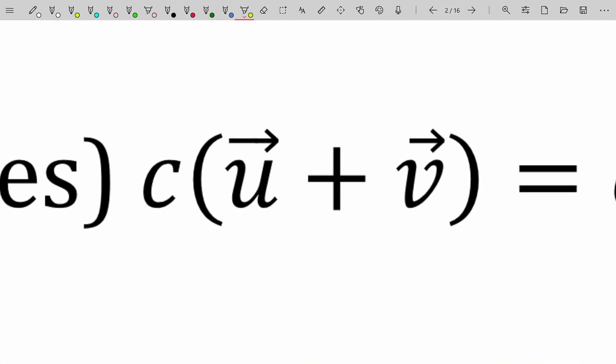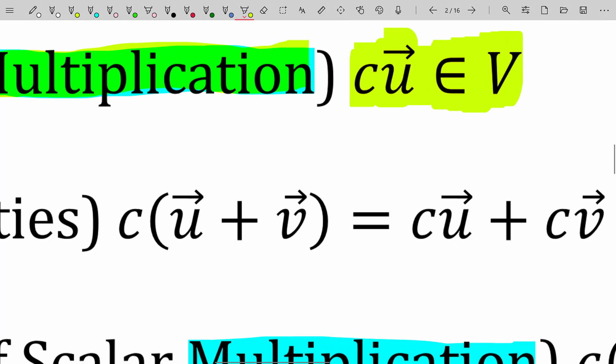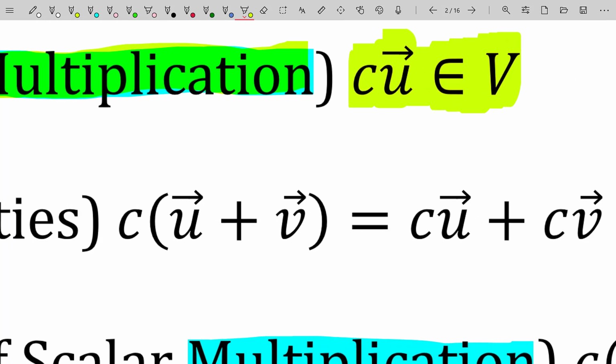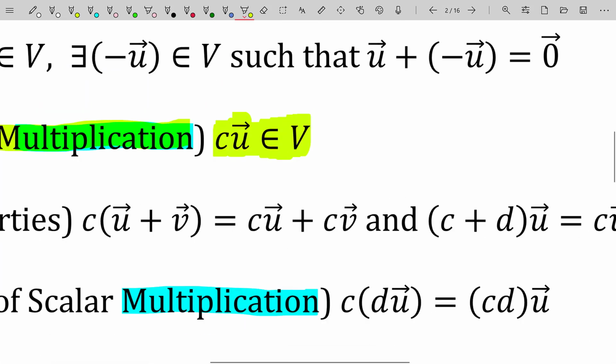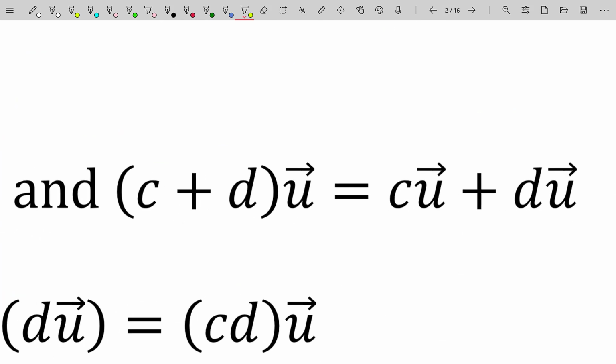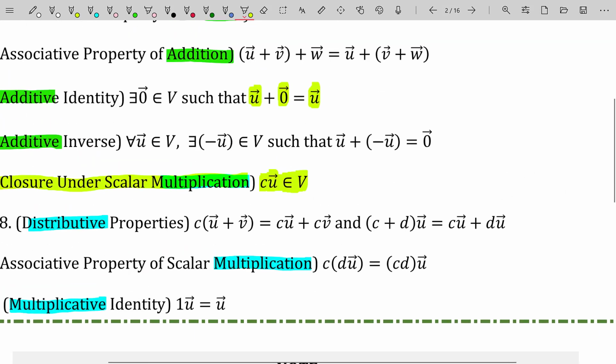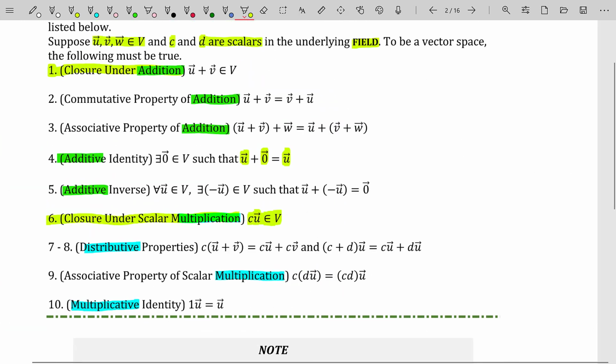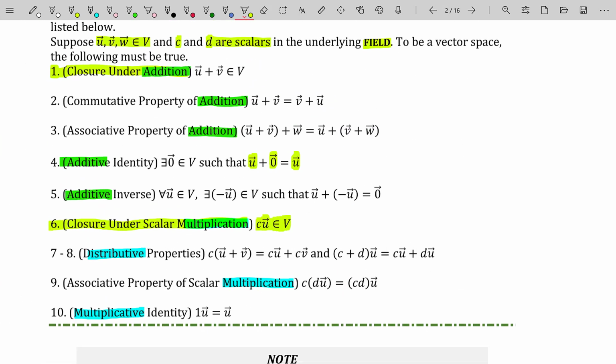So we need the following to be true for all arbitrary vectors u and v in our set V. That c times the quantity u plus v is cu plus cv. And you've done distribution long enough to know how that's done. But we also need the second one, where we have two scalars from our underlying field multiplying a single vector. C plus d times the vector u should be equal to cu plus du. If those two properties are true, along with the previous 6 properties, then you're well on your way to having